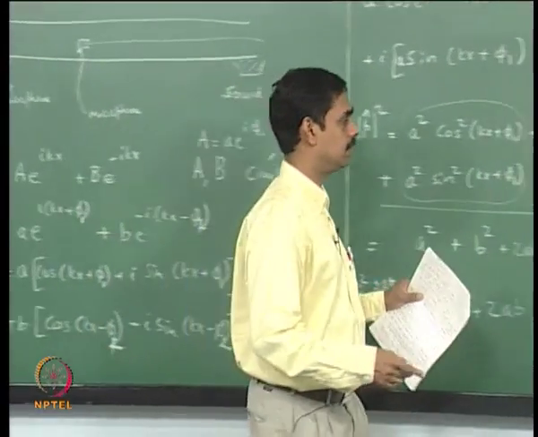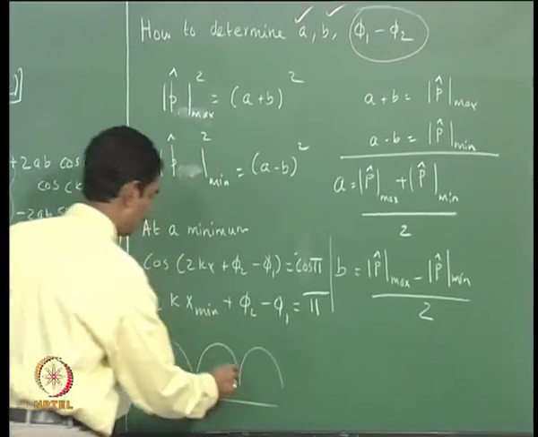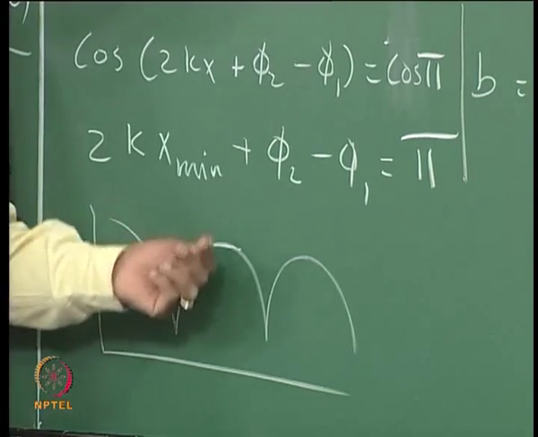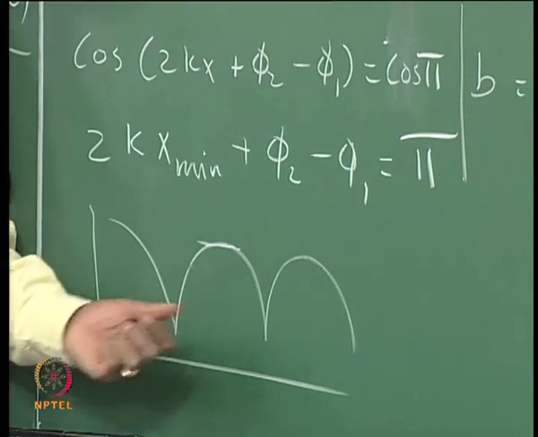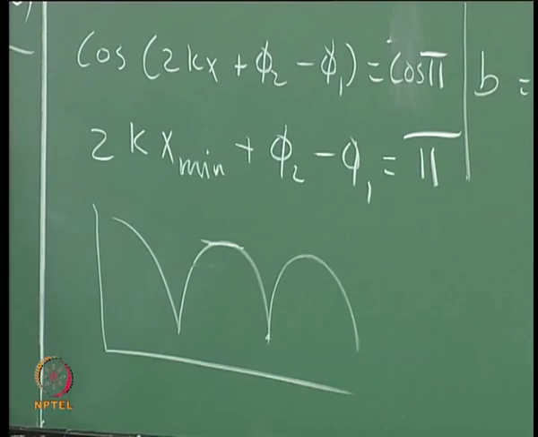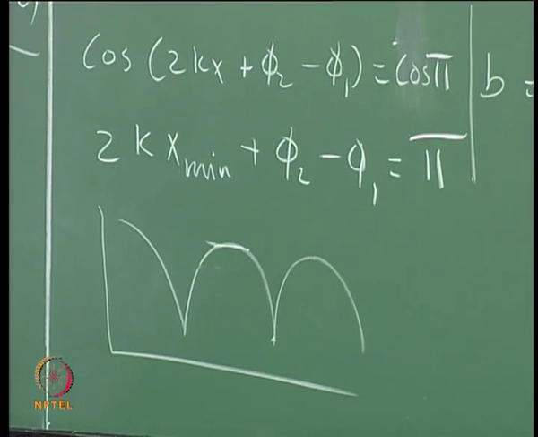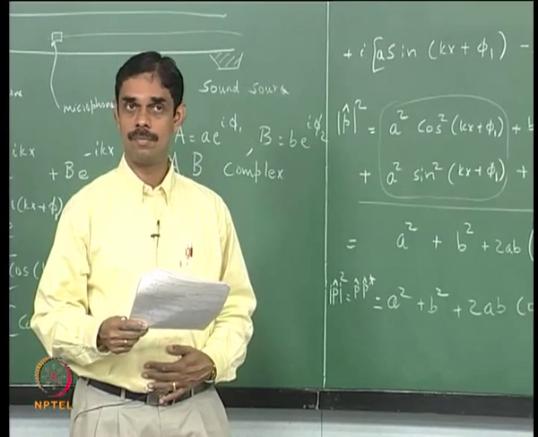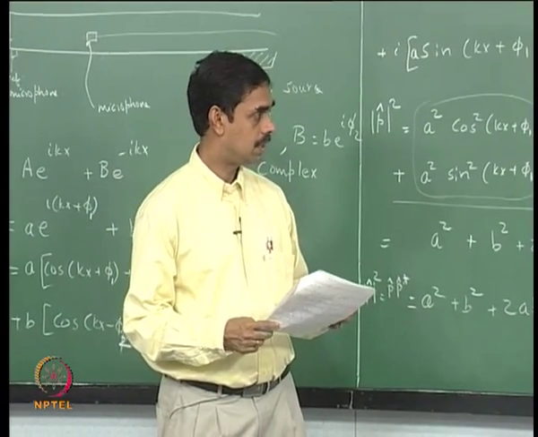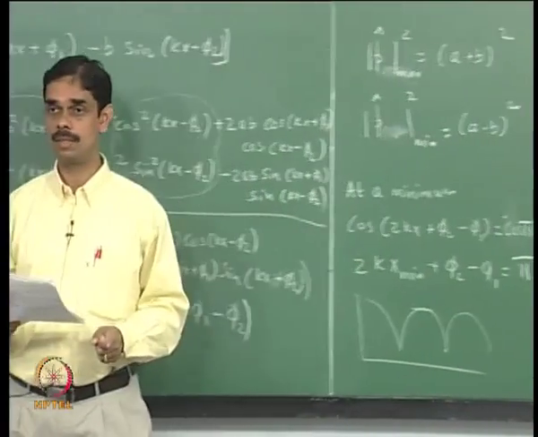a minimum than a maximum, because if you look at the structure of a wave, at the maxima the value stays flat for quite some time. So we would have difficulty in determining which is the precise x location, whereas you can pinpoint this minima quite easily. And also if you look at the phase at the minima, the phase changes dramatically. So that is the reason why we go for determining the minimum value and using that to determine the phase phi2 minus phi1 rather than using a maximum.